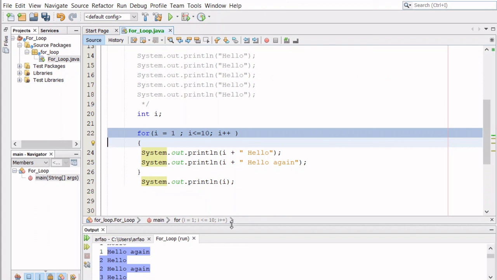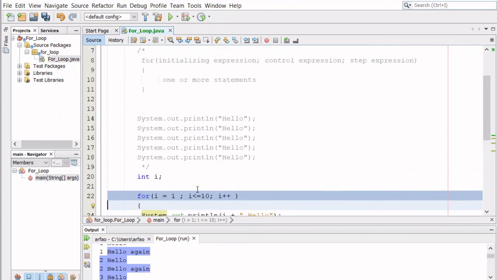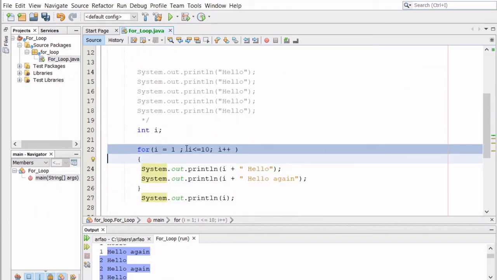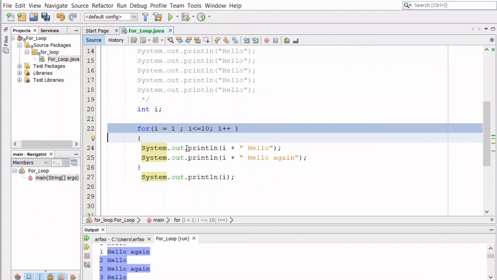So this is a quick overview of for loops. And in the next video, I'm going to show you how to use a while loop. So I'll explain to you while loops. And also in another video, I'm going to take a look at do while loops. So three important loops in Java that we're going to cover